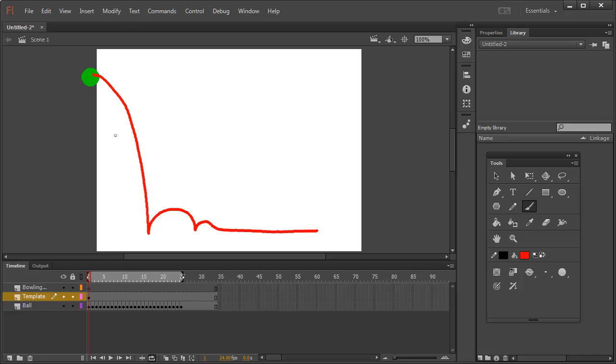So if I want this to drop the same speed, this is frame 1, frame 6. Once again, I want it to speed up, so I'm going to go halfway again. 3, 4, 5, 6. Maybe I want it to start to really slow down. So this time, maybe this one is, instead of 6 frames, it's 8 frames or something. Whatever you want to do with it, you're going to end up with something